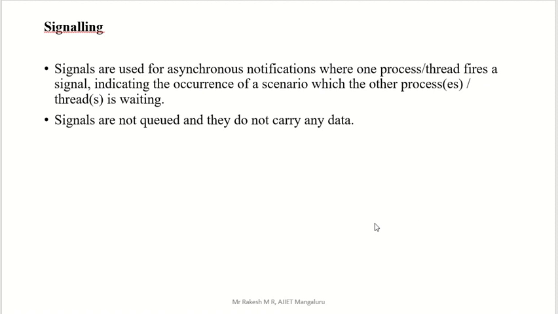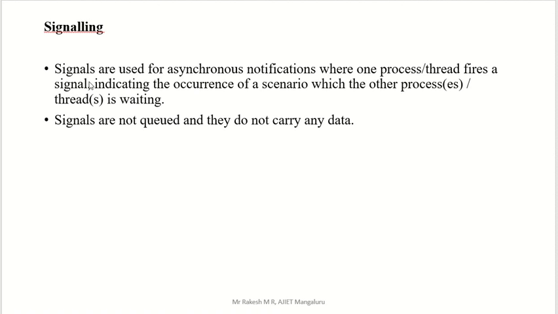Third method in the message passing is signaling. A general example: in a railway station, we've seen some signaling method, a red color flag and a green color flag. Green color has one meaning, red color means another meaning: stop and go, like that. So here, signals are the method we are going to use.